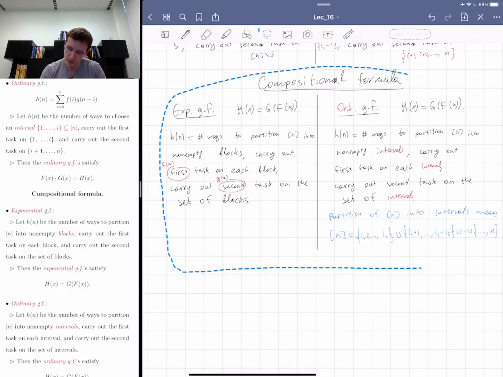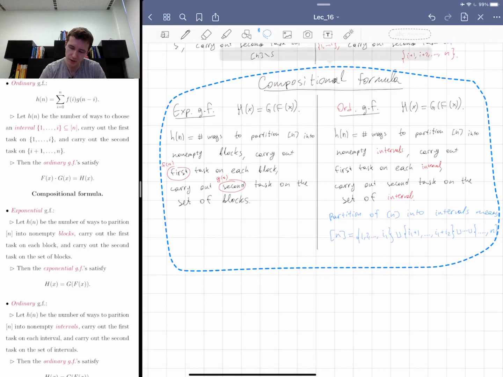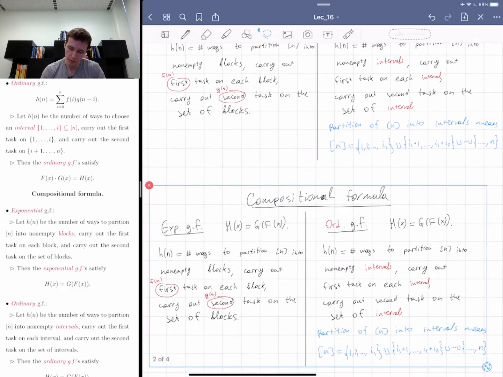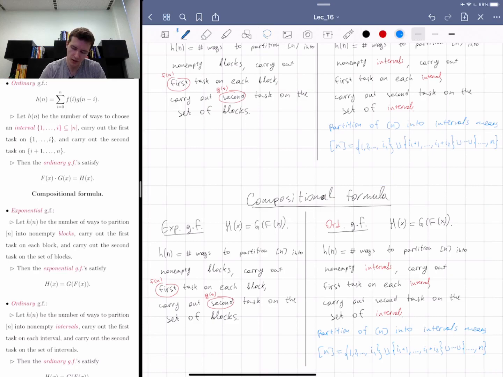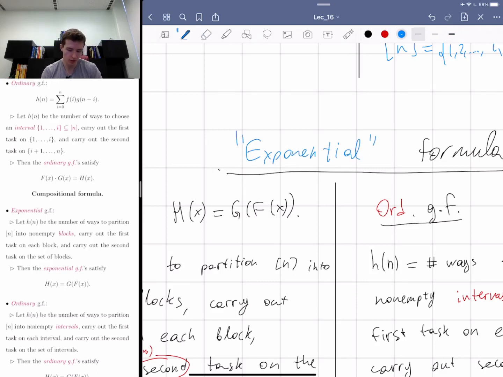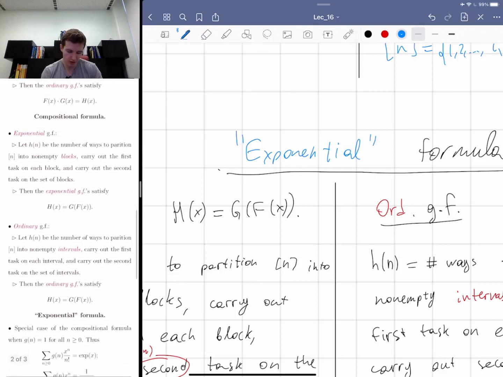So, the exponential formula is going to... here I have a problem with the terminology, because the term exponential is overused. So let me try, exponential. I'm going to put it in quotes because, I mean, it is the exponential formula, but